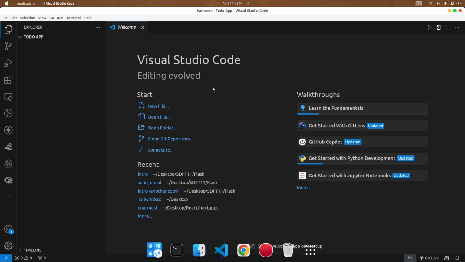Hello everyone. I want us to build a to-do application with Flask API. So this marks the beginning of a Flask series of creating the to-do application. So let me show you the relationship